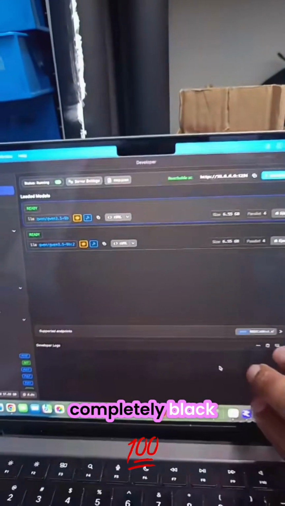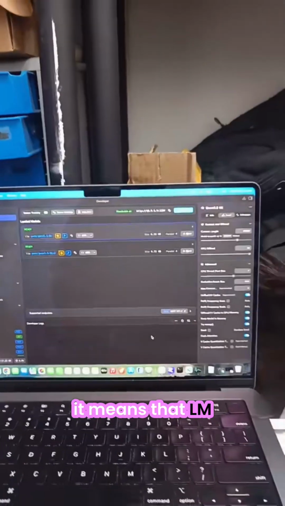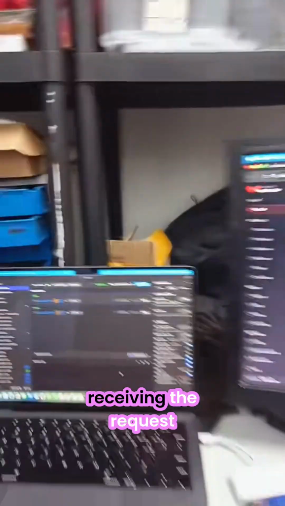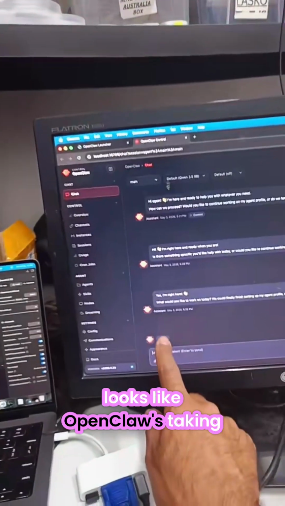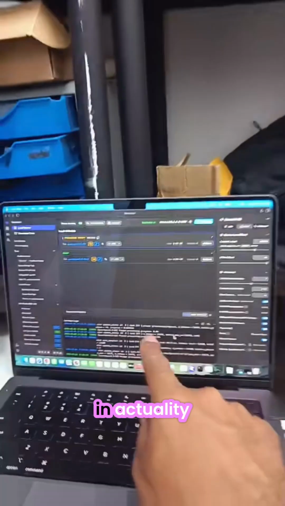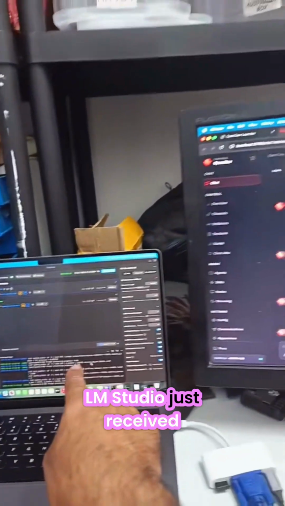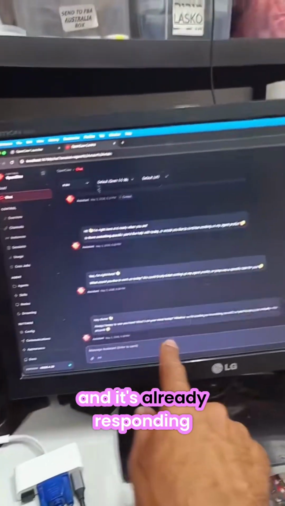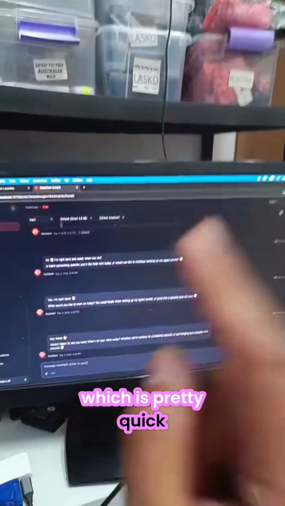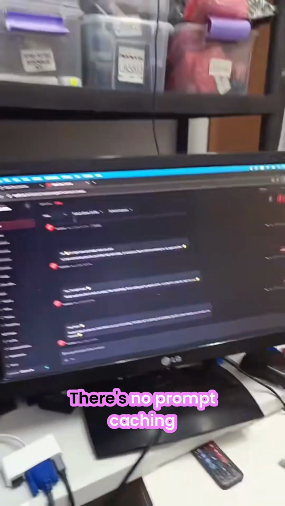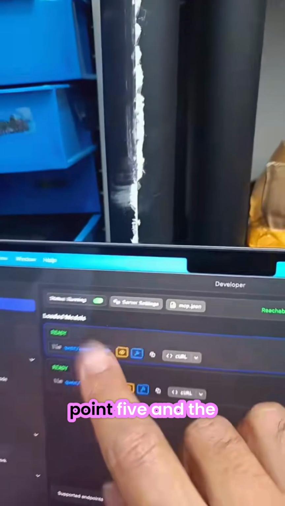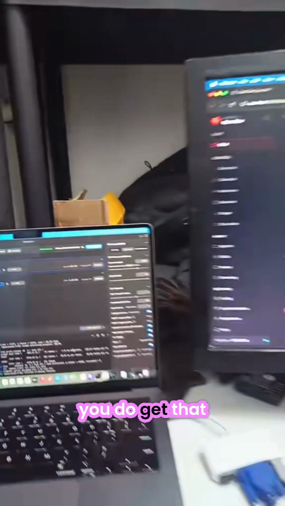So as this is completely black, it means that LM Studio hasn't even started receiving the request. So even though it looks like OpenClaw is taking forever to respond, in actuality, LM Studio just received the request now and it's already responding, which is pretty quick, and we are getting prompt caching. So guys, you cannot use Gemma 4 with OpenClaw. There's no prompt caching with Gemma 4, whereas with Qwen 3.5 and the Qwen models, you do get that caching